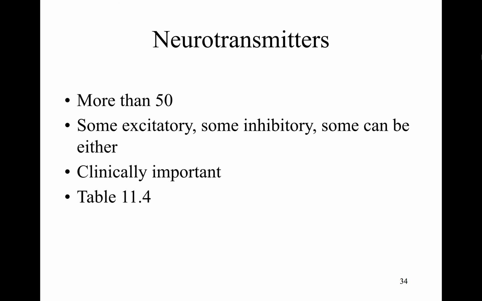There are a ton of different neurotransmitters. There are actually more than 50 different types of neurotransmitters. We're obviously not going to go through all 50, but there is a table in your textbook that's going to break down neurotransmitters into different groups or classes. So I'm going to cover just a small subset. We're going to start with a neurotransmitter that should be very familiar to you, and that's going to be acetylcholine.